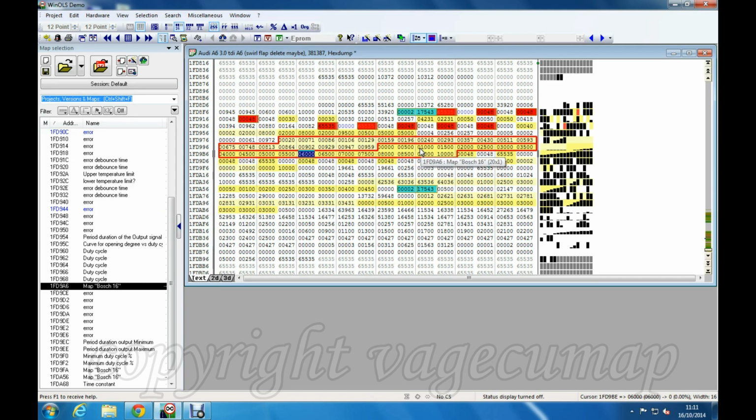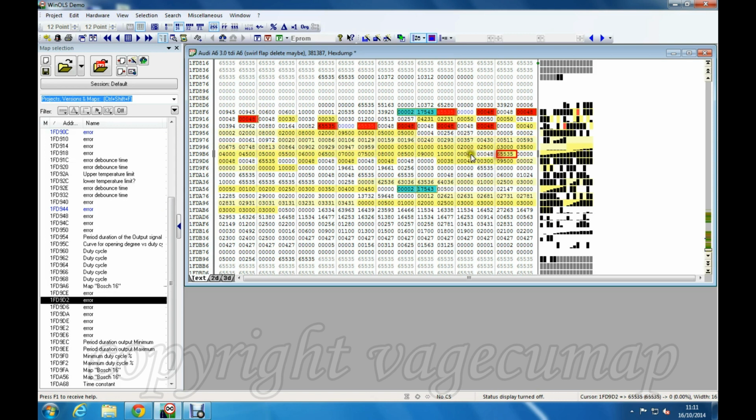And then again, we start into this system of 48, 48, 6, 3, 5, 5, 3, 5. I haven't made these red, but they would be red, blank, red, blank. And once again, these need to be changed to 65535 and then 0000.